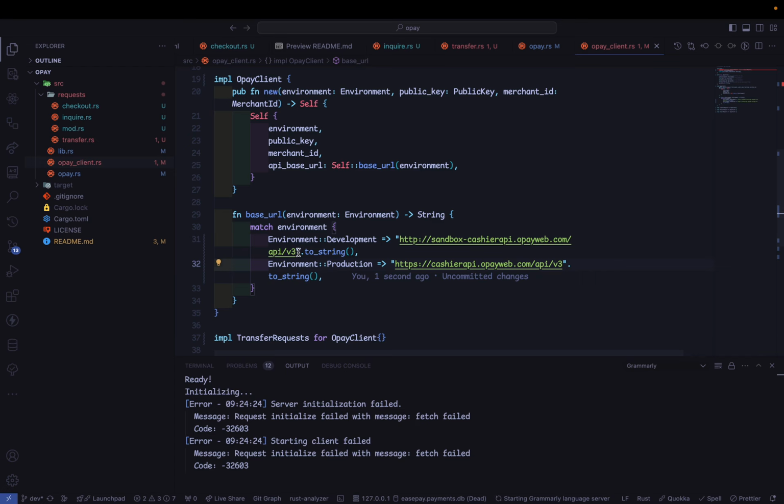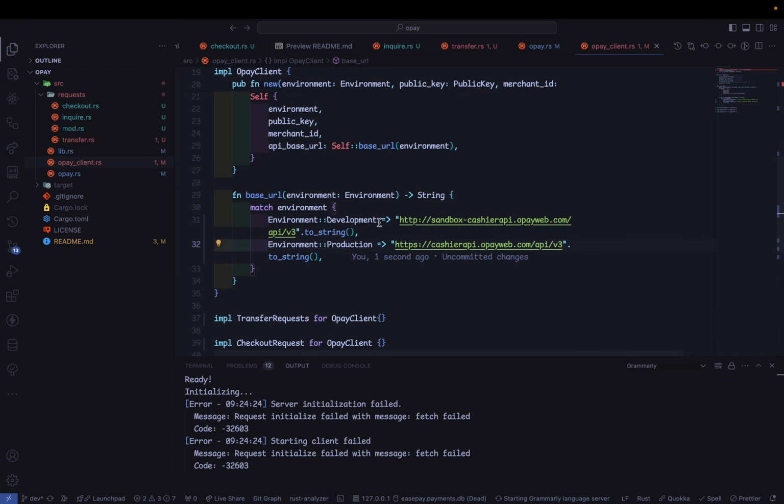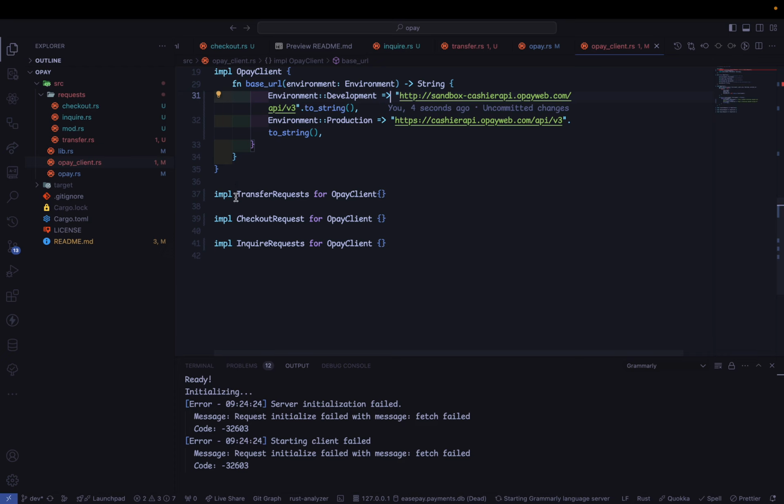So the environment would help us decide which of these URLs we are going to make requests to, and from this, and once I get to implement